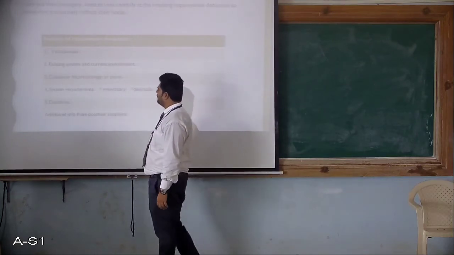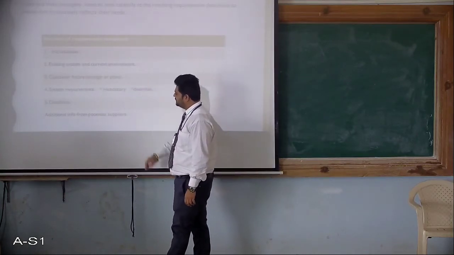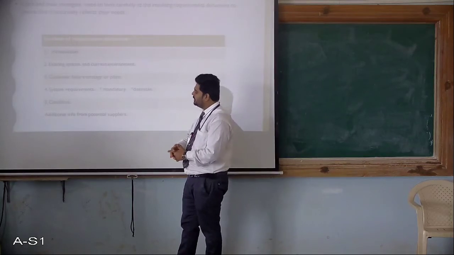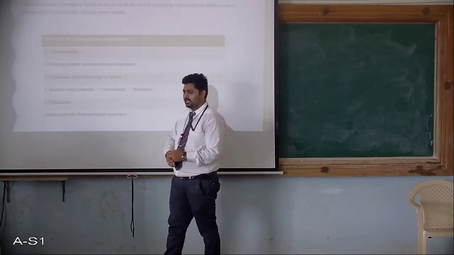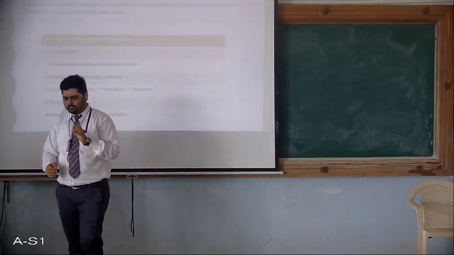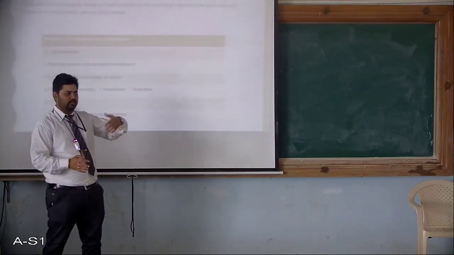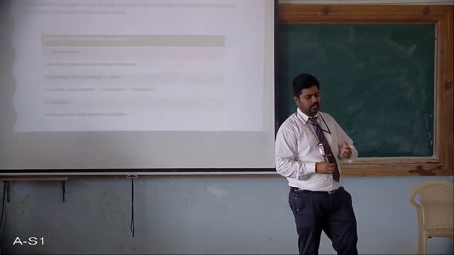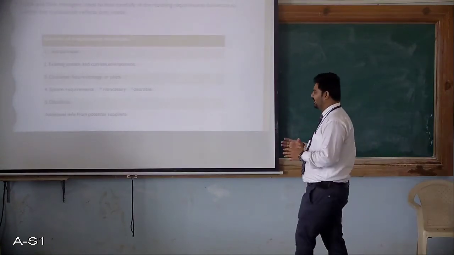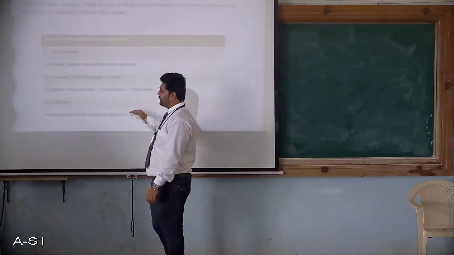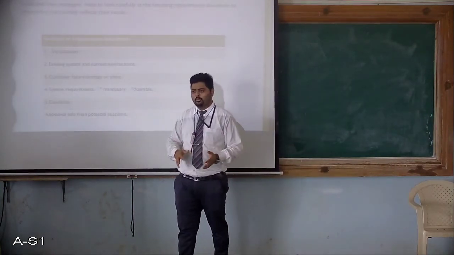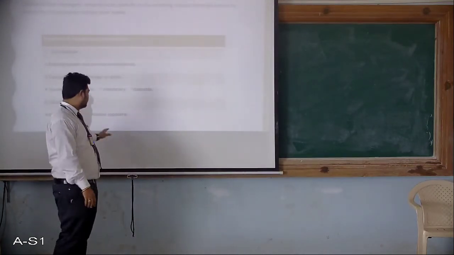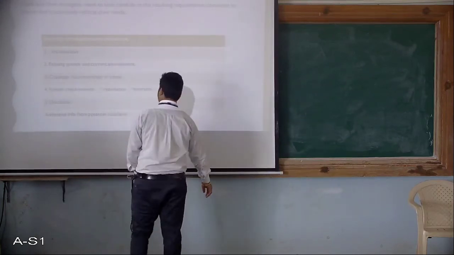Then comes system requirements. There are two types, mandatory and desirable system requirements, which we will discuss. Then deadlines, then additional information from the potential suppliers. Even if you have thought of a product in one way, your supplier may have some other vision or some other information from the market regarding that product. In that case you have to take additional information from the suppliers also. If we are planning for this product, what would be the output, the result, and the customer response if you are going to develop it, so you take the additional information from the suppliers.